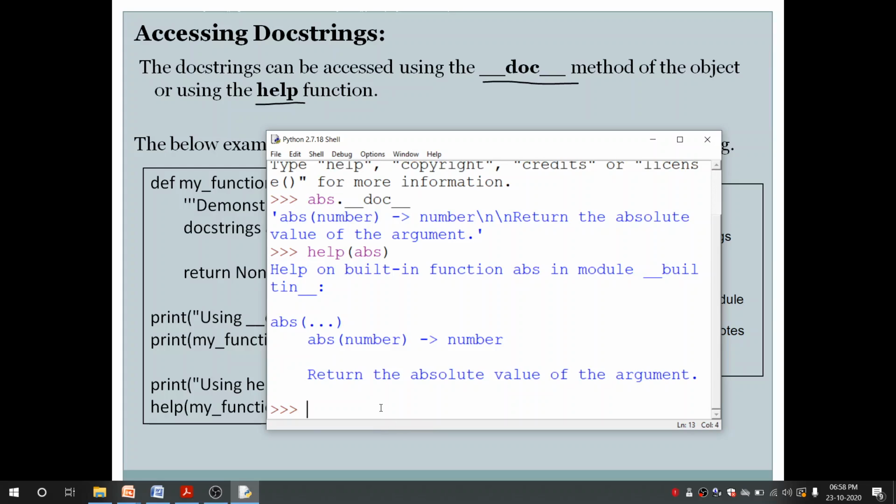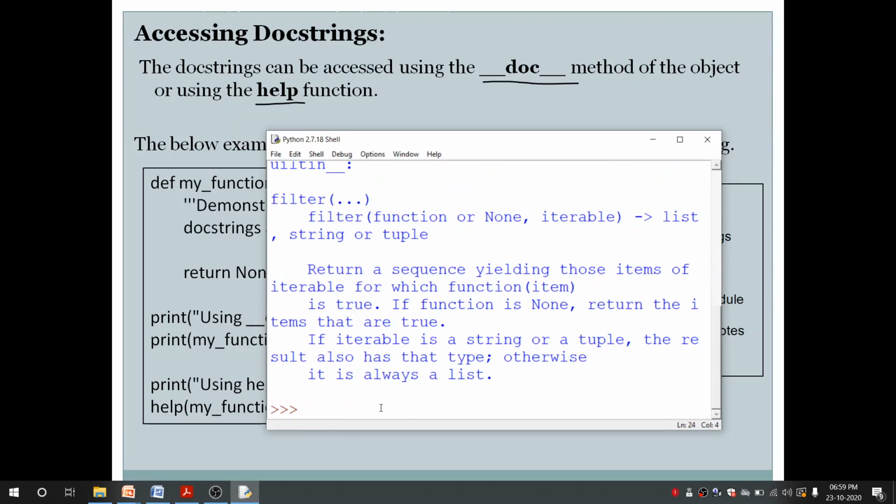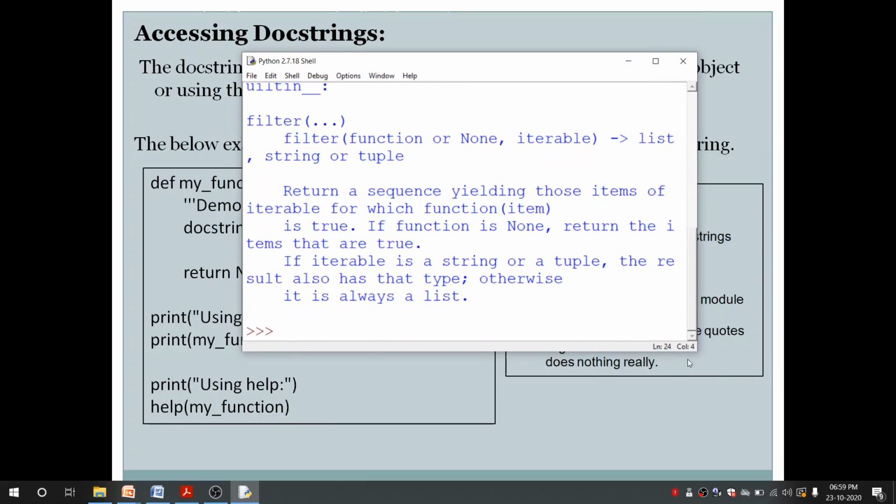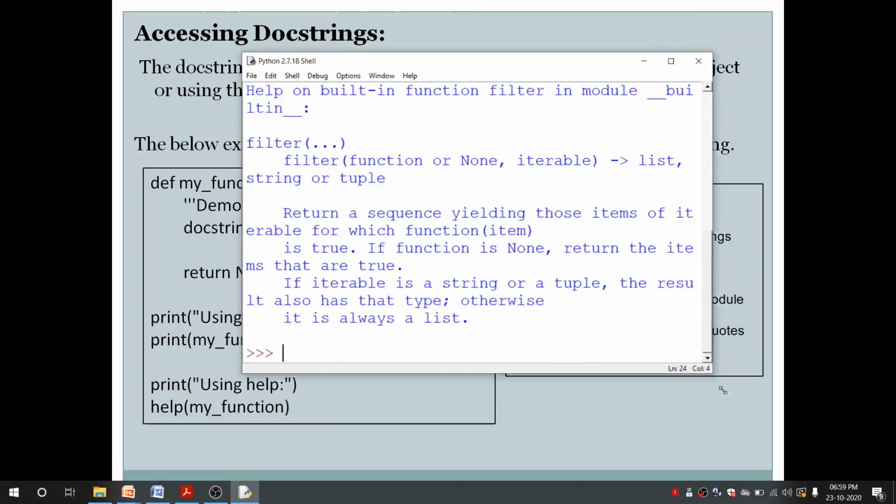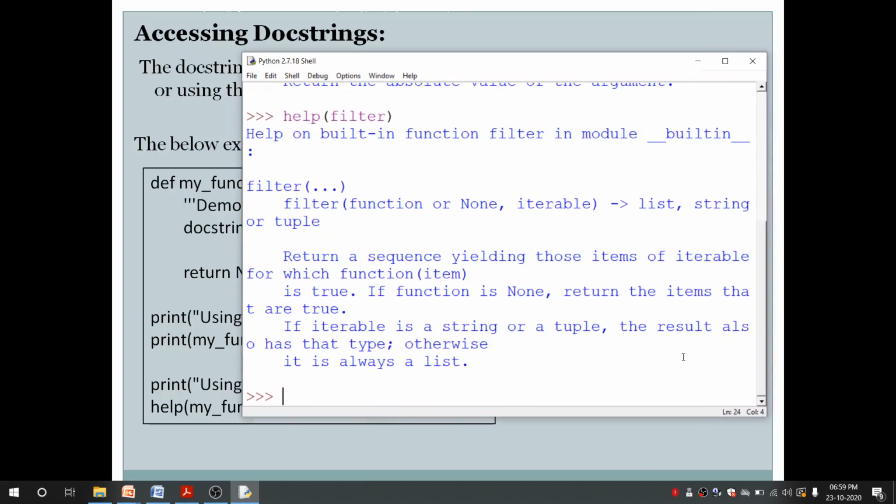Like this, you can get the docstring associated with all predefined functions, like if I say help filter, you can see this is the documentation which is associated with the function filter. It tells us what the filter function does.